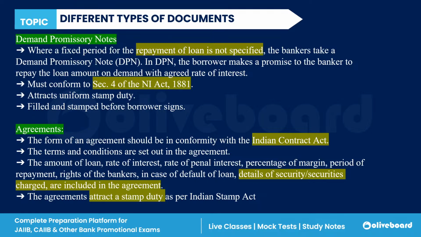In a demand promissory note, the borrower promises the banker that whenever the banker demands, the debtor will return the loan with the agreed rate of interest. So it is only issued